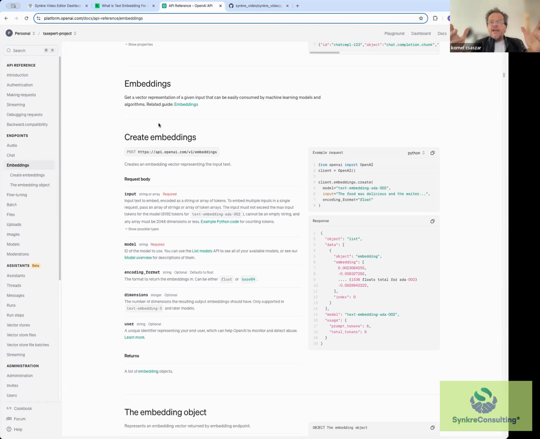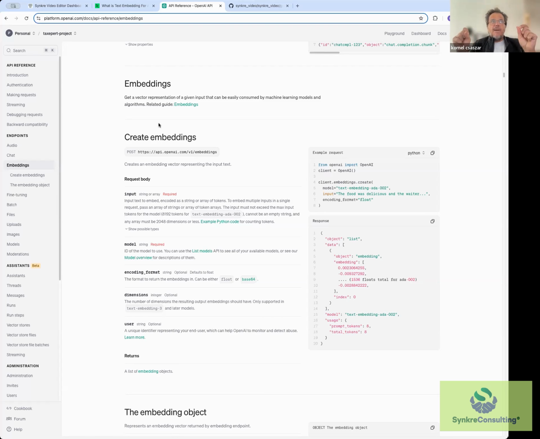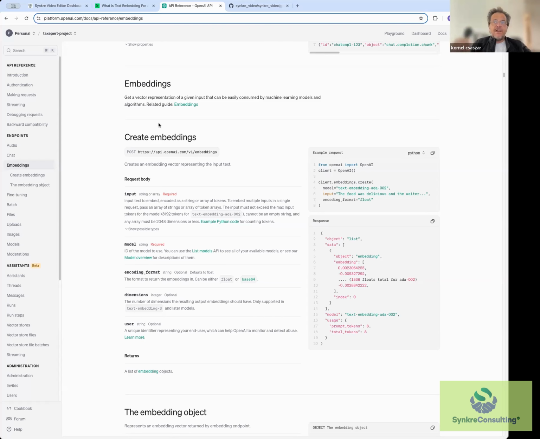Related words like queen and king, which is the example they use, would be close in many dimensions in that space. So you send a phrase into this algorithm, you get back a vector of numbers, and then you can use that vector to find phrases that are near that point in the high dimensional space. In other words, that are similar to it.